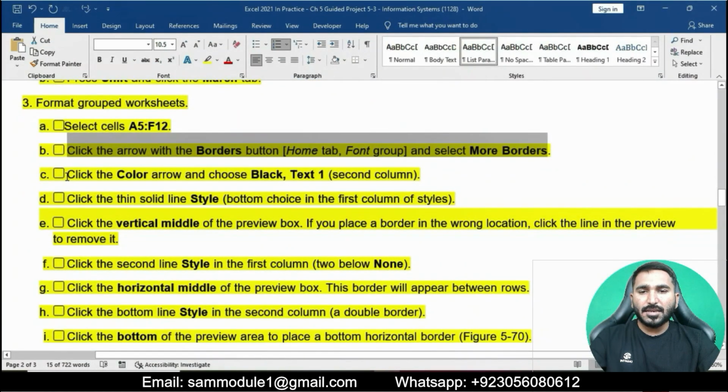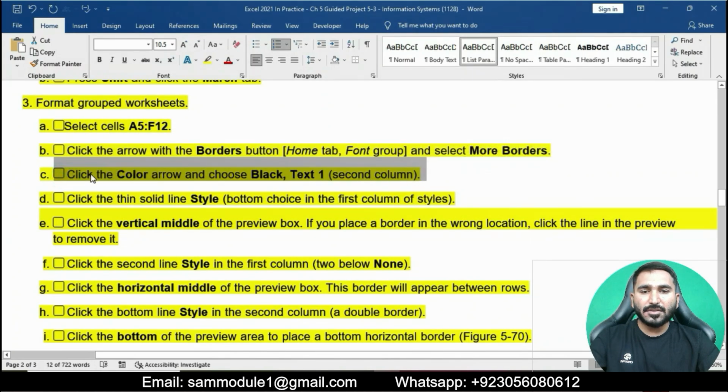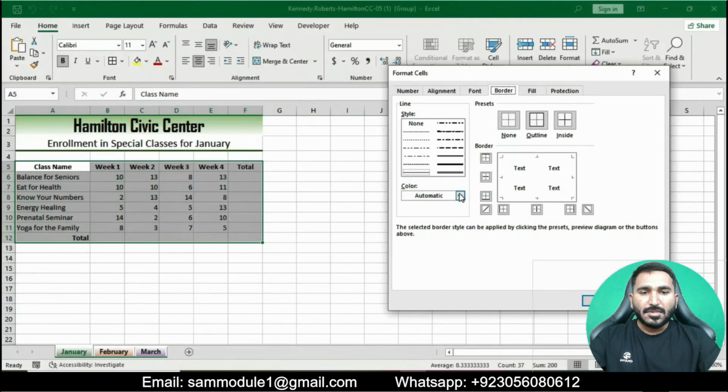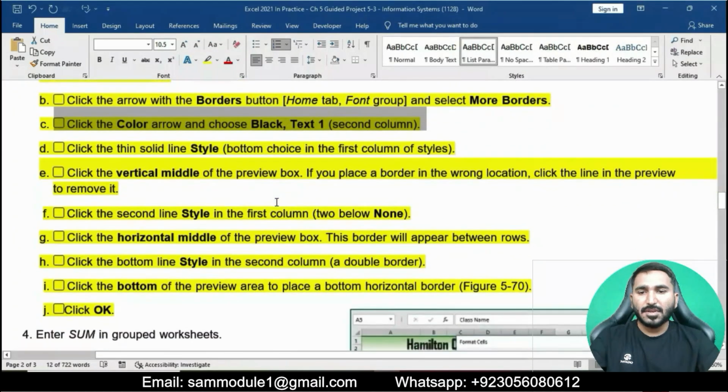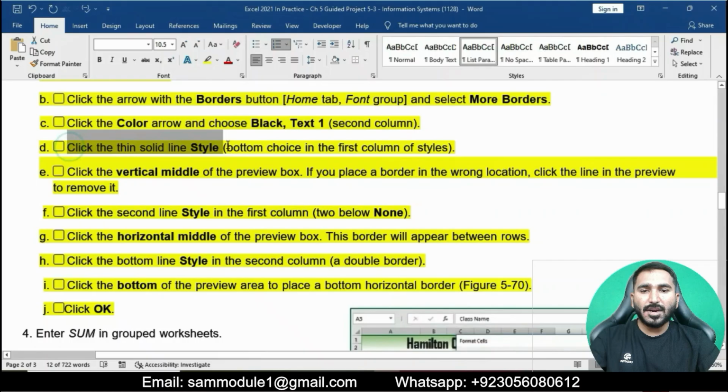Then click the Color arrow and choose Black, Text 1. Now click the thin solid line style.